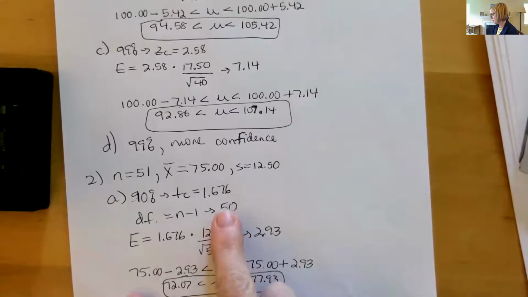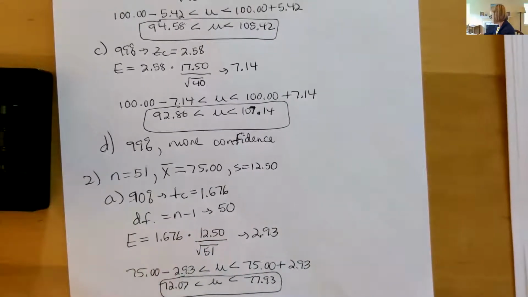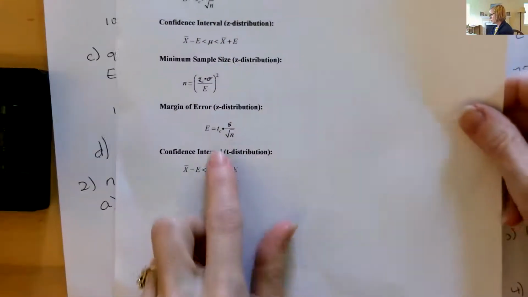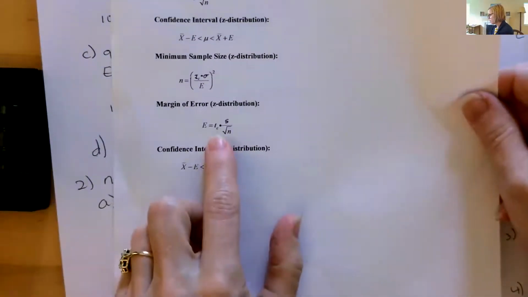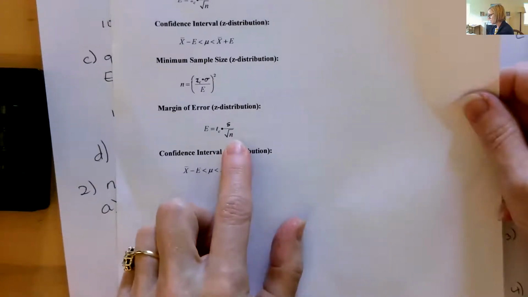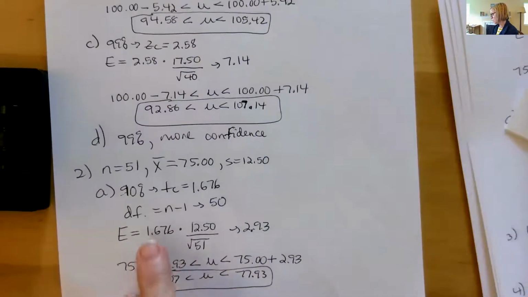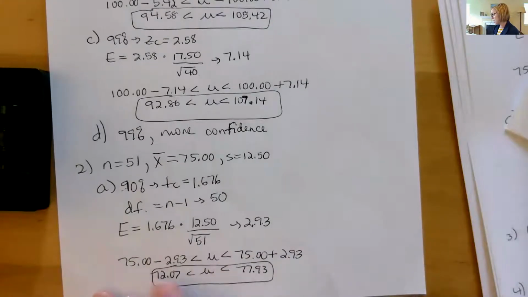1.676. That's what we're going to use for our critical value of T. And now we do our calculation for margin of error the same way we did with the Z distribution. Here's our formula, almost the same way. Critical value of T times the sample standard deviation divided by the square root of the sample size N. So we take critical value of T times the sample standard deviation divided by the square root of the sample size, which is going to give us approximately $2.93, which we then subtract and add to